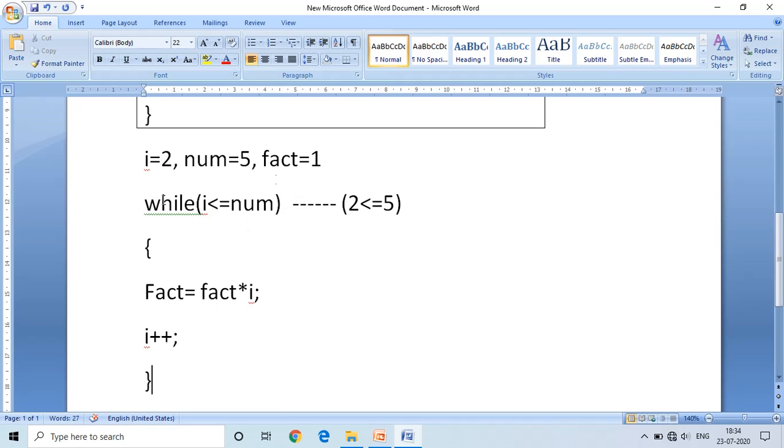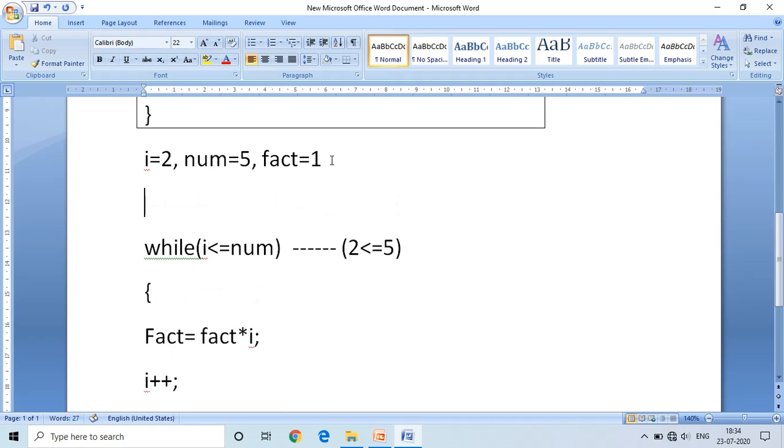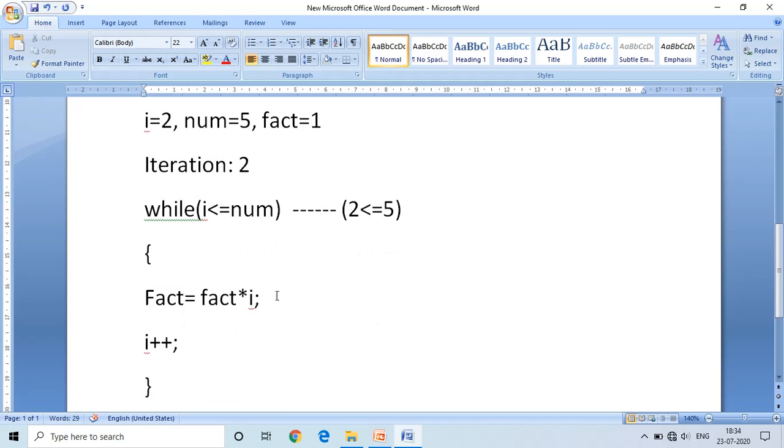Second time, in iteration 2, the condition is true, it enters into the loop and executes the body of the while loop. The fact here is 1.